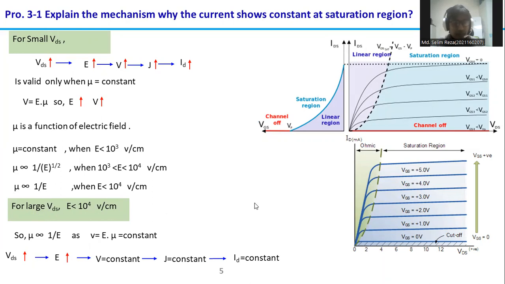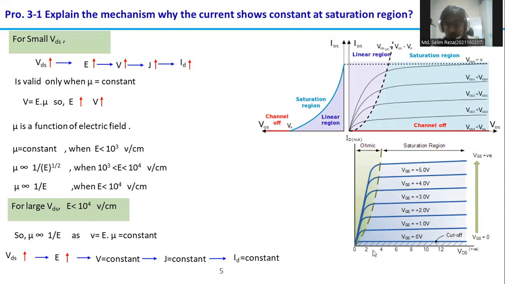So if we apply a large VGS, if we apply increasing VGS, we need to consider the mobility is 1 by electric field. That means if we apply more VGS, the electric field will also be increasing. But we know that the velocity for this one is constant, so the current density will be constant, and the current density being constant means the current is also constant in the saturation